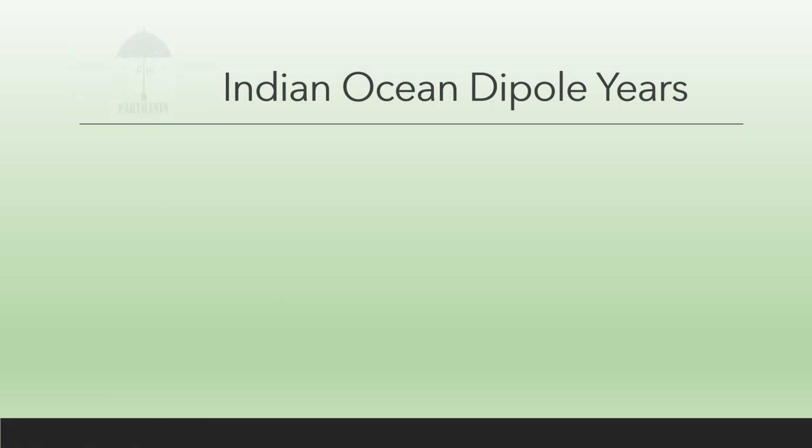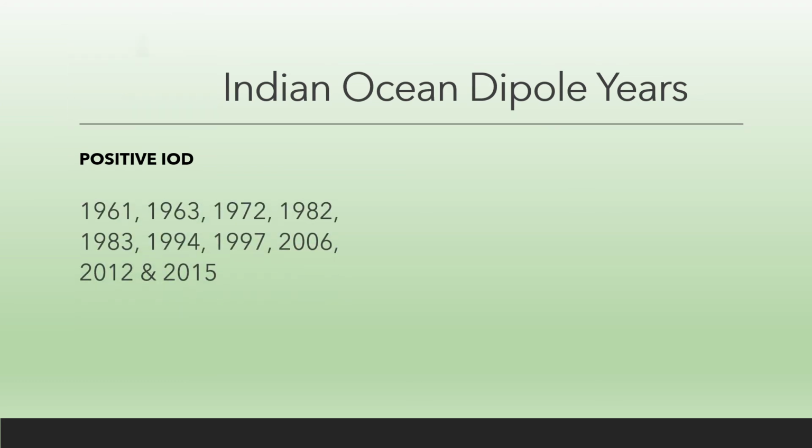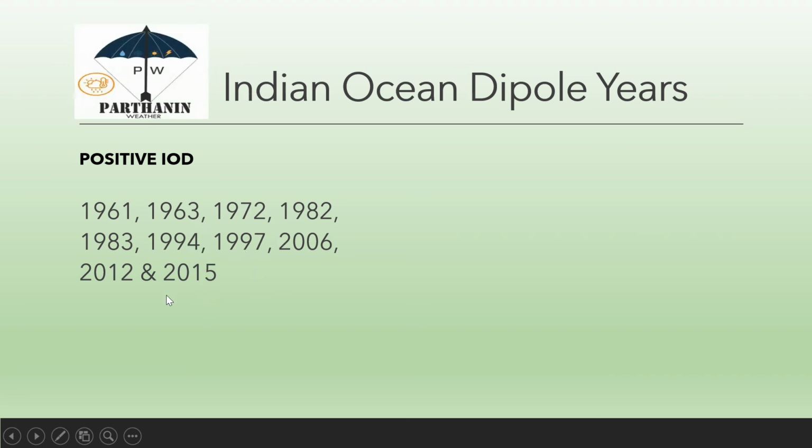Now let's see the Indian Ocean dipole years so far. First, let's see the positive Indian Ocean dipole years. We all know that 1997 and 2015 were great years. We cannot forget this. These were the flooded years, and we got excess northeast monsoon rainfall in Tamil Nadu. Also, 1994 was a great year, and 1997 and 2015 helped us with very bountiful rainfall because of El Nino support. That is when the Western Pacific was cooler than normal. When the Western Pacific was cooler than normal, the wind from the South China Sea moves towards the Bay of Bengal, and that is when we get more rainfall.